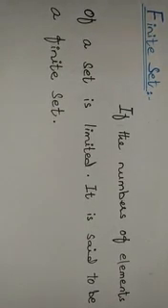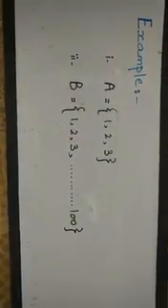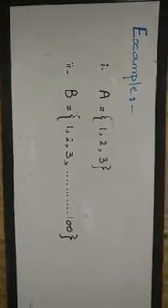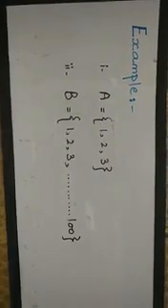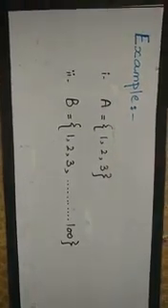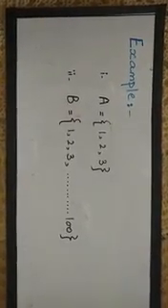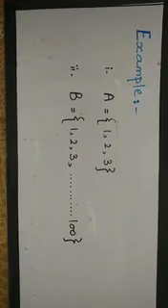Let's take an example. Set A contains the elements 1, 2, 3, and set B contains the elements 1, 2, 3 and so on up to 100. These are examples of a finite set, right? Now the second one is